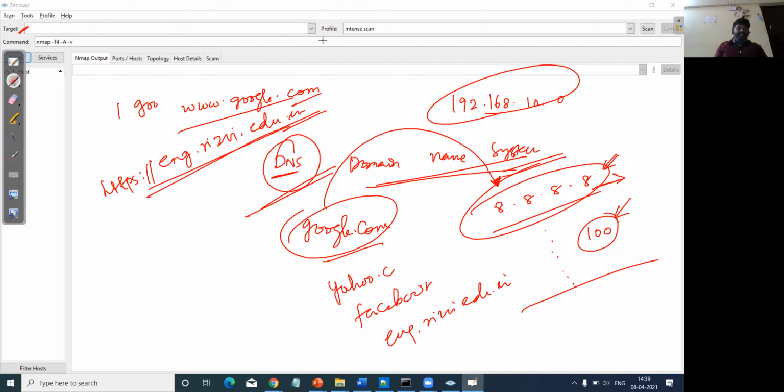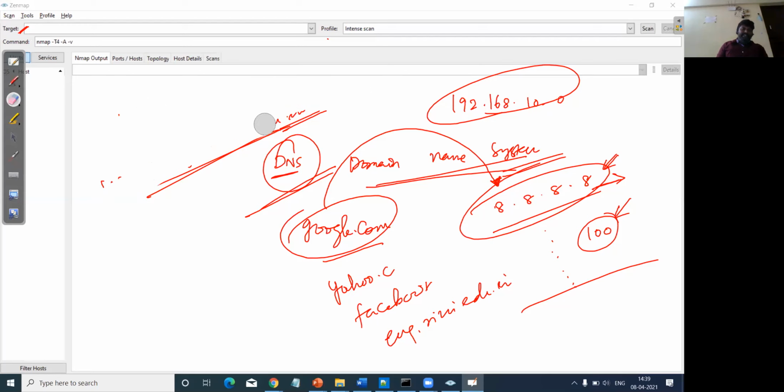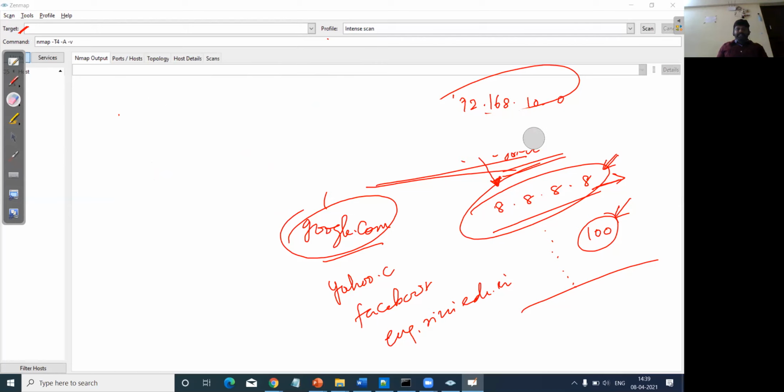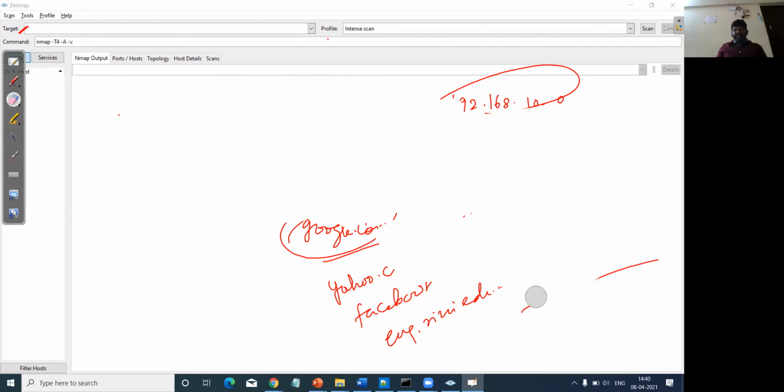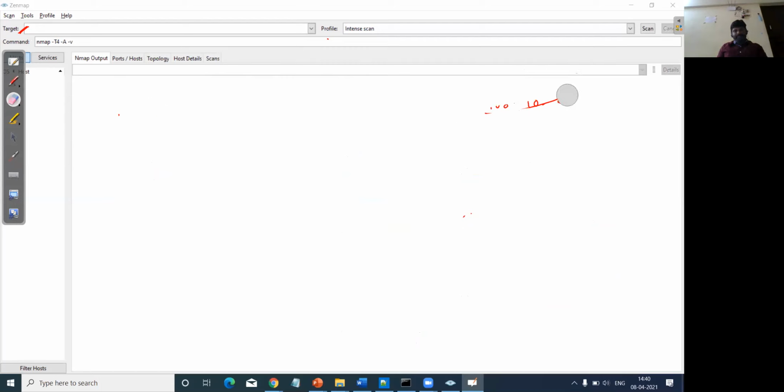Why this application? The user or the attacker, suppose the attacker wanted to get the information about the machine on which he wanted to do the attack. So for example, let's assume that I am an attacker, I wanted to get the complete information about a particular device, or a particular website, a web server, right? In that case what I will do is enter the DNS name here, I mean the website address, and that will do the complete scanning of the devices, in terms of the network scanning as well as port scanning, right?